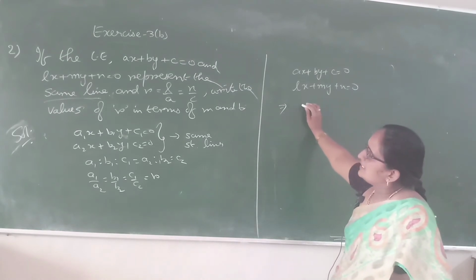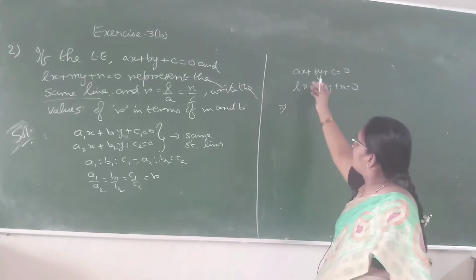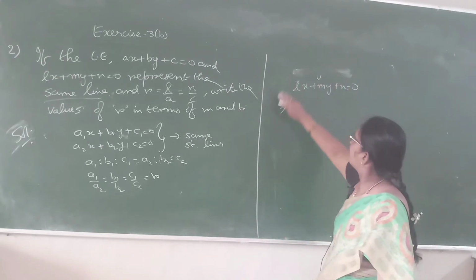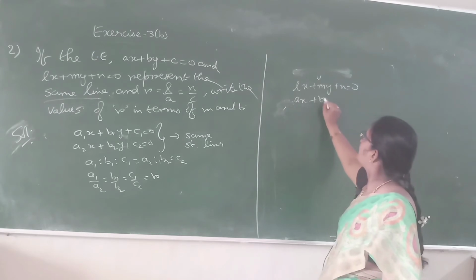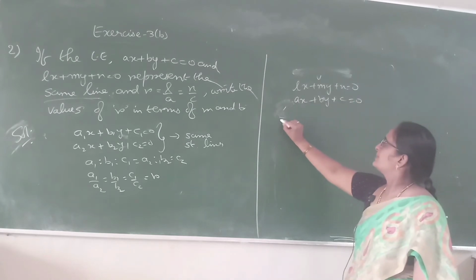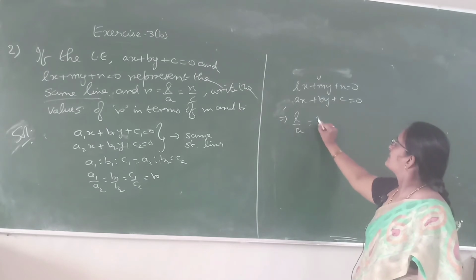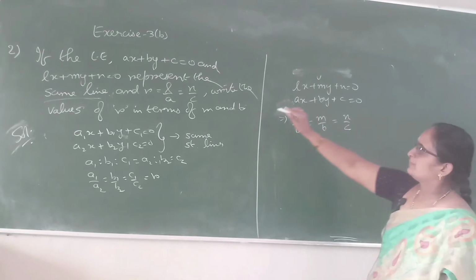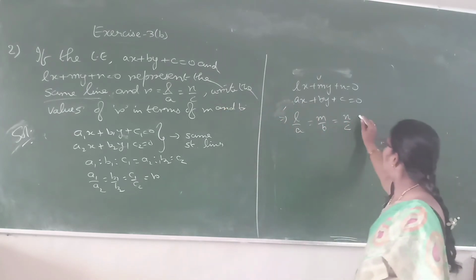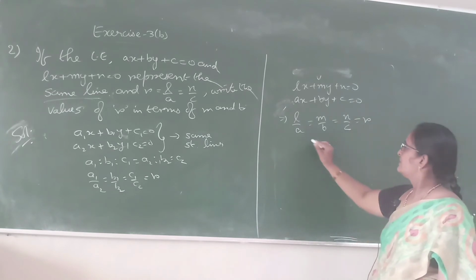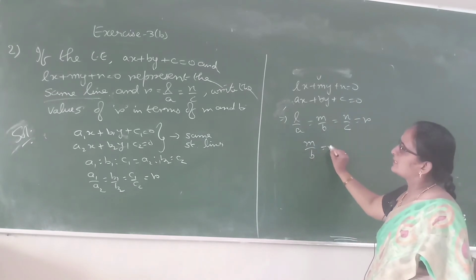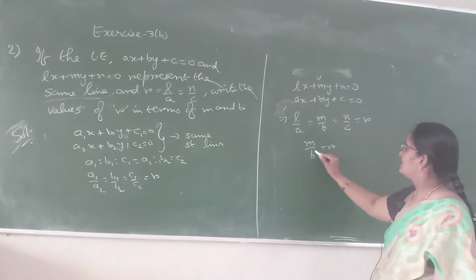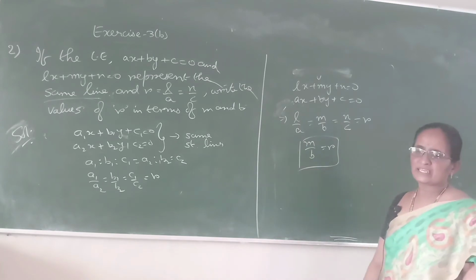Same way here. Here what is given? l by a. So let us write in the reverse form. Or you can do one thing, take this equation like this, ax plus by plus c equal to 0, which implies what? l by a is equal to m by b is equal to n by c. Since in the question it is given that l by a equal to n by c equal to r, this can be written as equal to r. Then what happens? m by b is equal to r. So what is said? Write the value of r in terms of m and b. So this is what we got, r is equal to m by b.